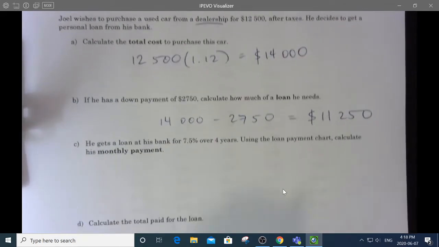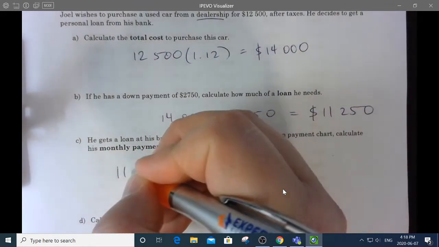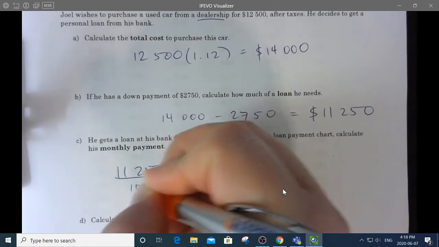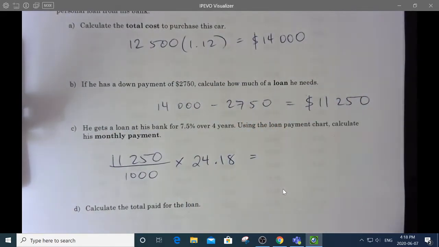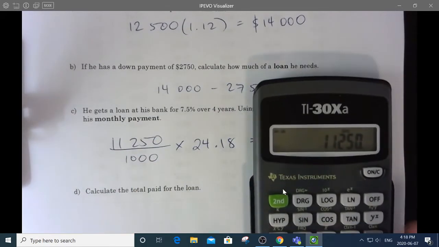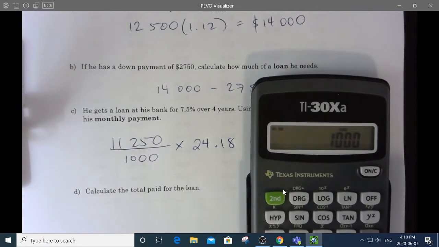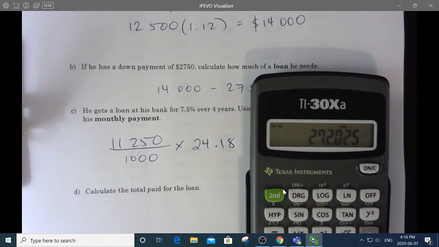So it is $11,250 divided by 1,000 times $24.818. I already have that number there, so I just divide by 1,000. Even if I didn't have that number, I just move a decimal over, right? Times $24.818, and that is a monthly payment of